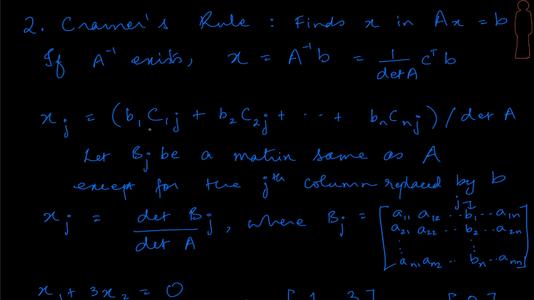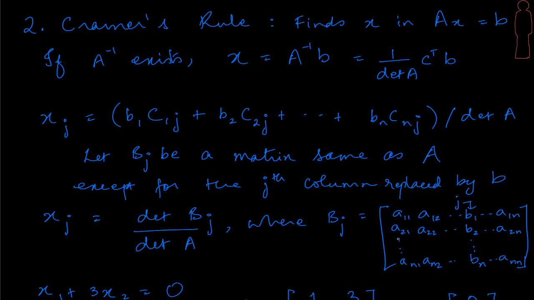Now, the moment we look at this, it gives us the idea, as we looked at in the previous application, that the cofactors here are obviously the same with respect to A, isn't it? Because C1j, C2j are exactly the same, except that if I want to figure out C1j, I remove the first row and jth column. Here I remove the second row and jth column. That gives us an idea that we can replace the jth column by these numbers b1, b2 to bn, and we could come up with a matrix like this. I have simply copied the A matrix except for the jth column and replaced it with b1 to bn.